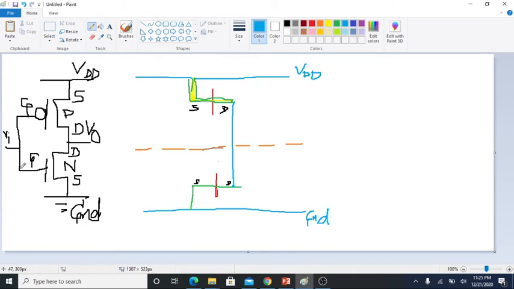You have seen here both the gates are shorted together, so you will extend the line of gate of PMOS to the gate of NMOS, and now your connection is over. Now you can show your input, that is your VI, and this is your output, that is V0. So this is your stick diagram of CMOS inverter.